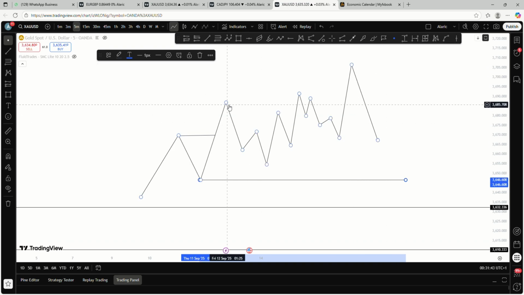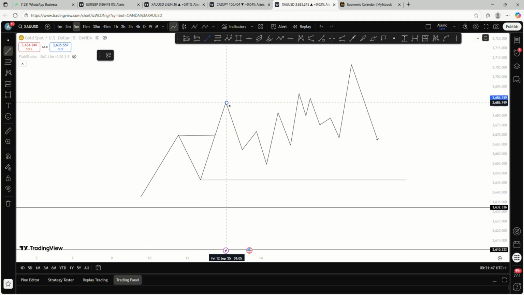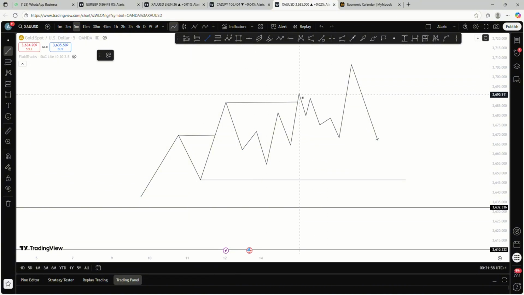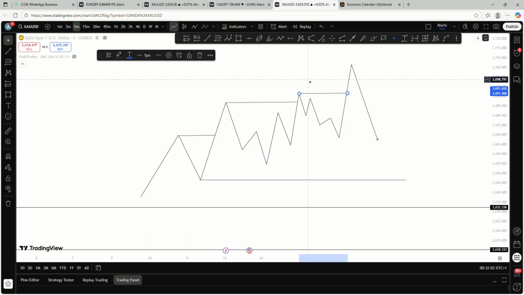Now you will see that in this situation we had another zone. After the market made this zone, it did not come back to the zone until it completed this move. Then it later came back to this zone. After breaking it, it pulled back again and made another move. Now, what you have just done is identifying external structures. You understand? You have already identified the external structure. Then those ones that made a violation inside or a reaction, I always call it noise. Those are the internal structures.